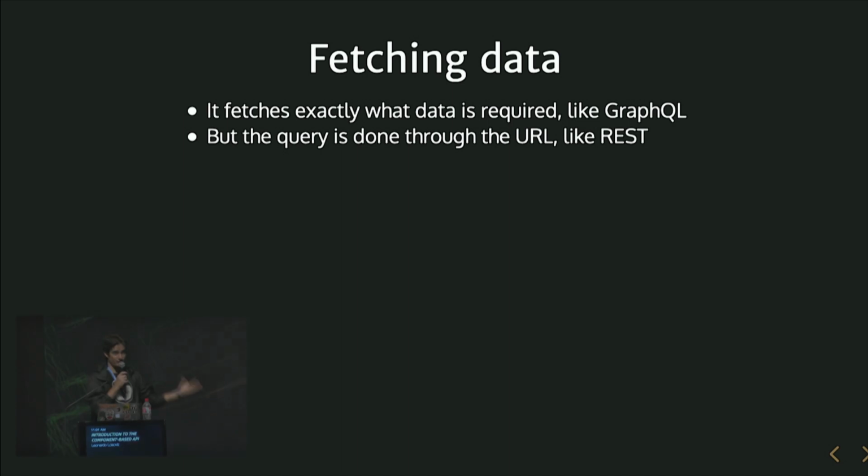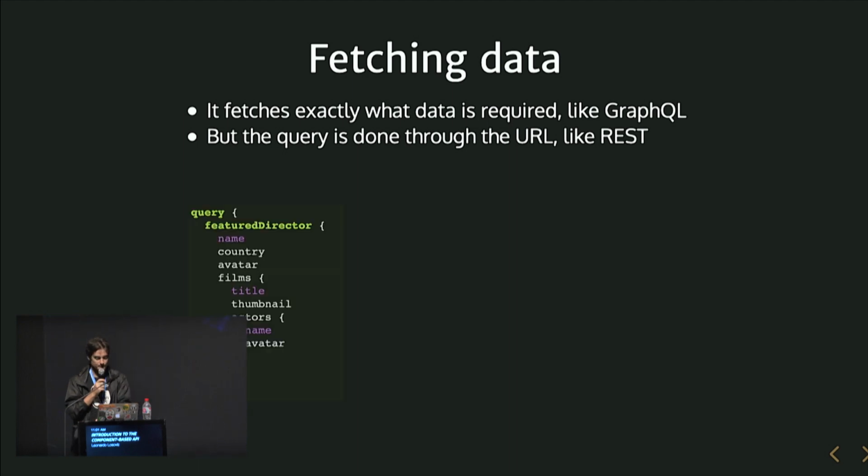Basically, the good thing about GraphQL is that it allows you to fetch the data that you need, exactly that, and that was the big problem with REST. So I actually took this. It allows you to fetch exactly the data that you need, like GraphQL, but it has an interface like REST. So if in GraphQL you have a query of this type, you have a feature director with a few properties, then a film with a few properties, and then an actor, the way that I translate this through the URL